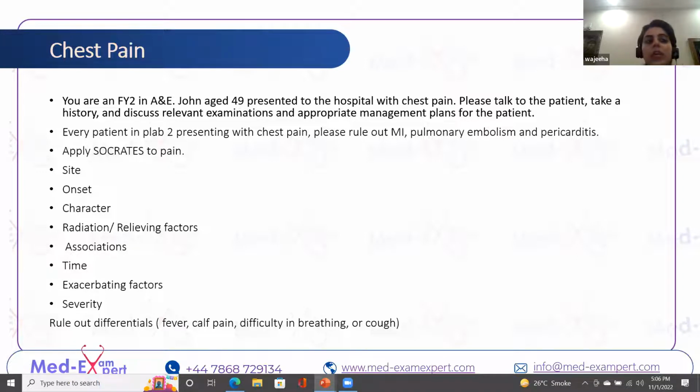Let's take the scenario: you are a doctor in an emergency department, John, age 49 years, in hospital. Please talk to the patient, take a history, and discuss relevant examination and appropriate management plans for the patient. Once you're standing outside, get the idea that you are supposed to take history from your patient, verbalize the relevant examination, and talk to the patient about the management. Such a scenario is going to be given in my exam. My point is to process the information: the patient is landing in an emergency department. Necessarily, it doesn't mean that pain cannot be